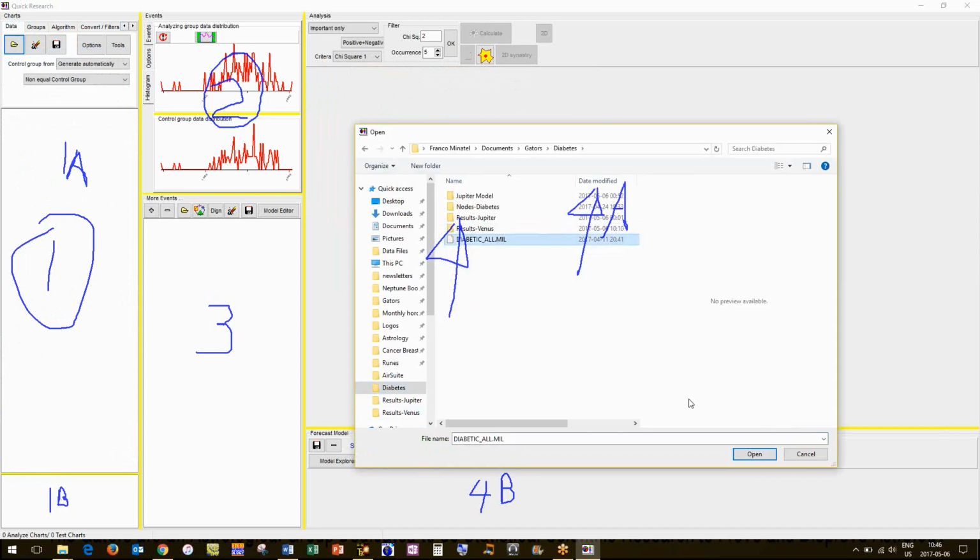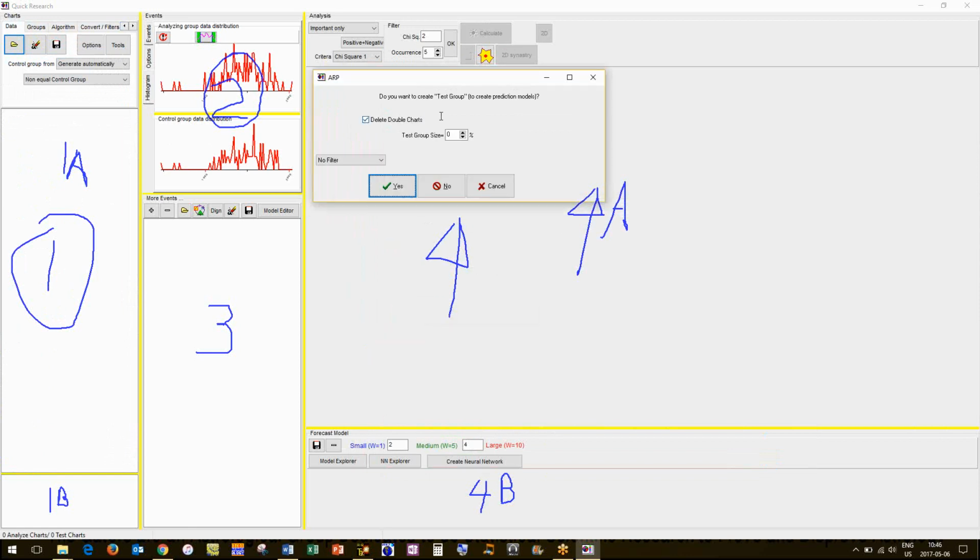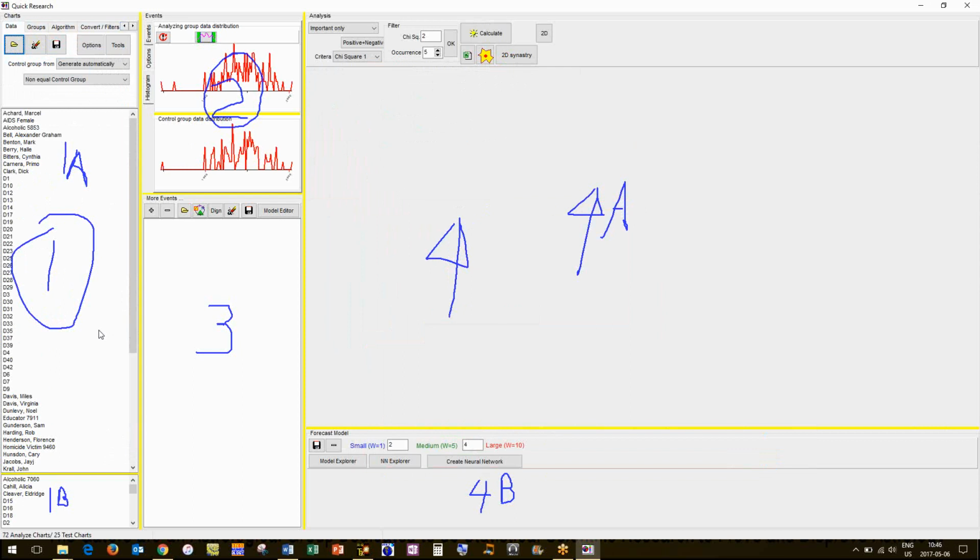If you're going to do a neural net, we're going to set that to 25%. Now you see that the data group has been randomly selected, that 75% of the data is in 1A and 25% here is in 1B.